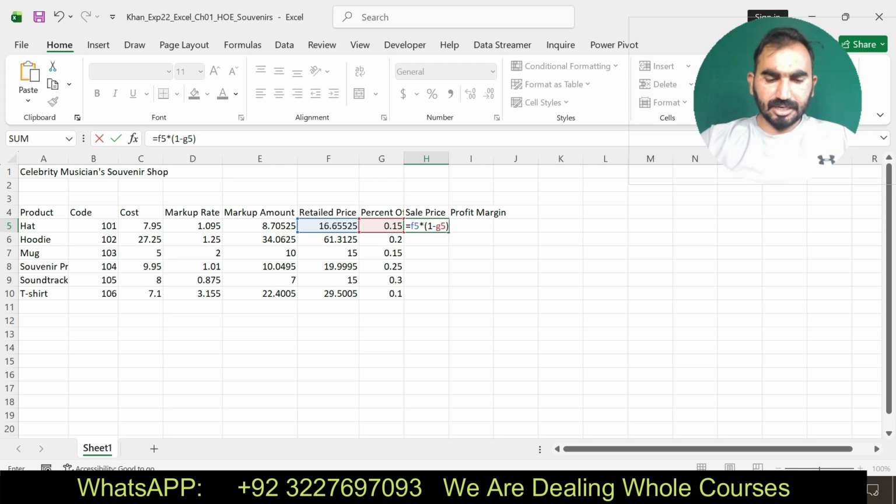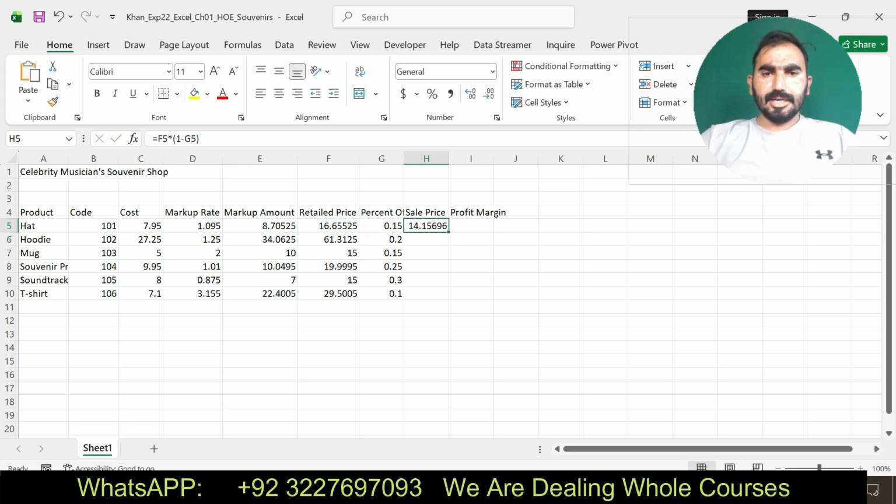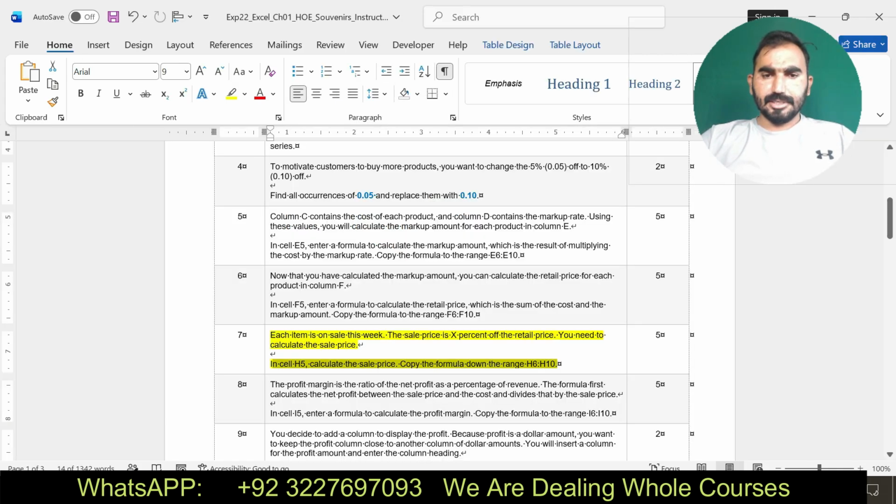Okay, 1 minus G5, and enter the formula. Here you can see I have done this one.